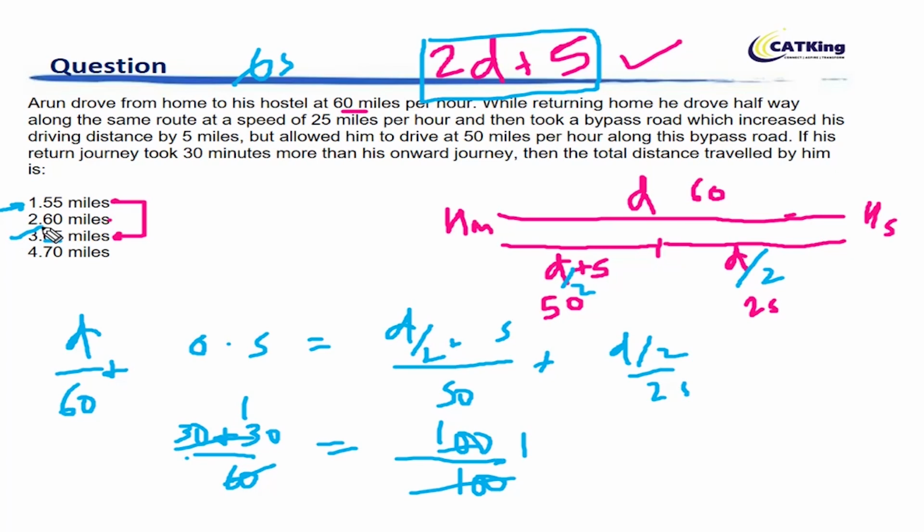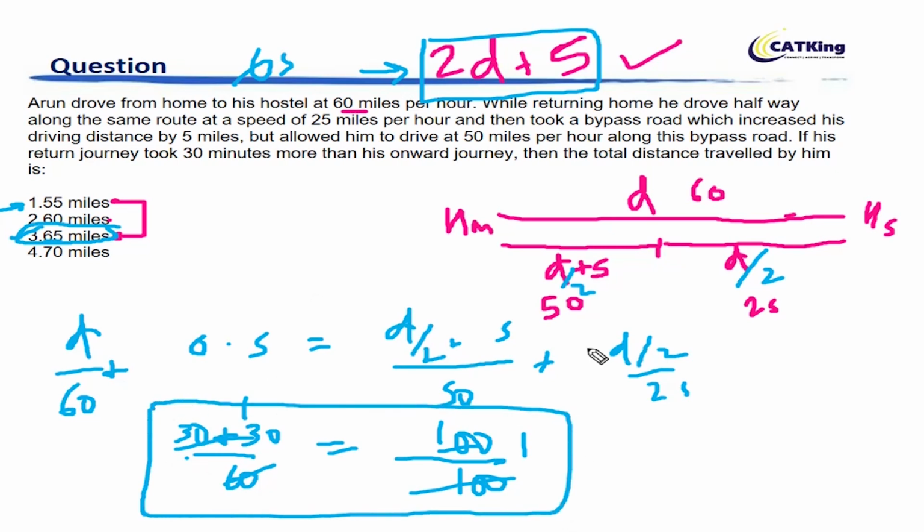So choosing the options wisely is very, very important in solving the questions faster. You have to realize this. If you actually choose the options wisely, you will more often than not solve the question faster than others. So what's the trick here? The trick is very, very simple. Use the option which is of the form 2d plus 5, giving d as an integer, and then substitute in the equation and check it, rather than solving the equation, which might take you more time. Okay, I hope this is clear to you.